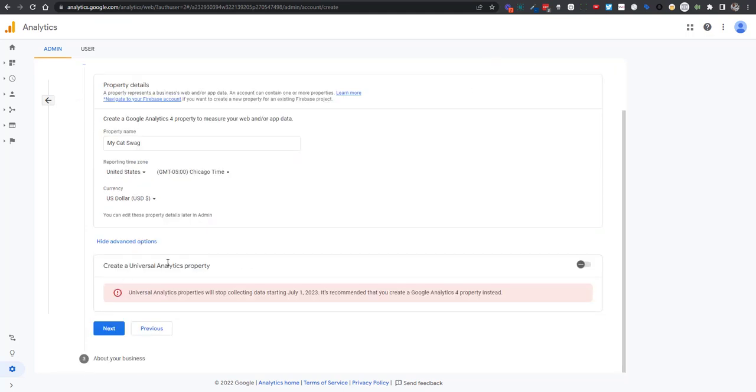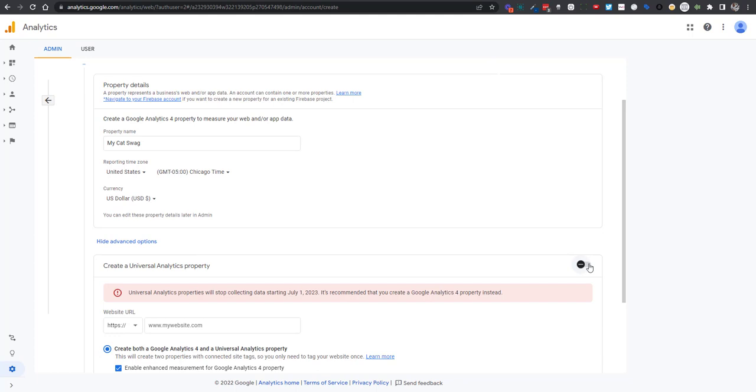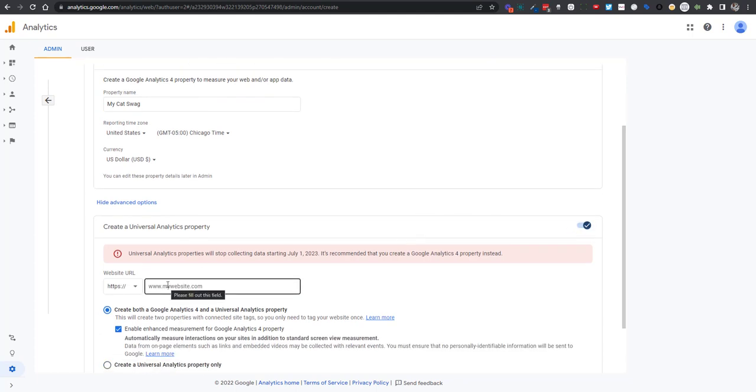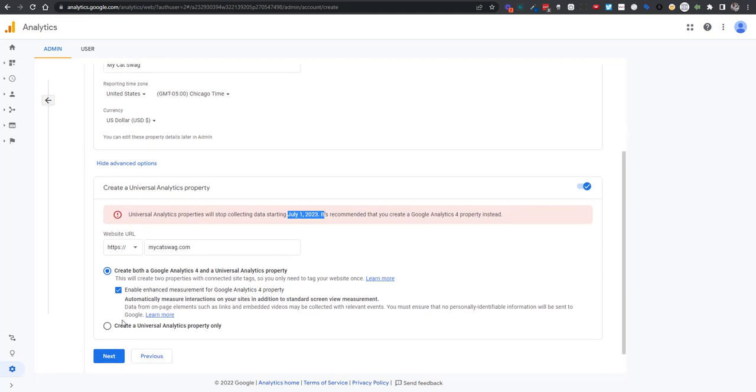When you do this, you want to create a Universal Analytics property as well. Okay, and then here we're going to put in my cat swag. Okay, and then we're going to create both Google Analytics 4 and Universal Analytics property. Now the main reason we're doing both is because Universal Analytics will only be around till July of 2023. So you want to go ahead and get a jump on it and set up both of them. Okay, so now we hit next